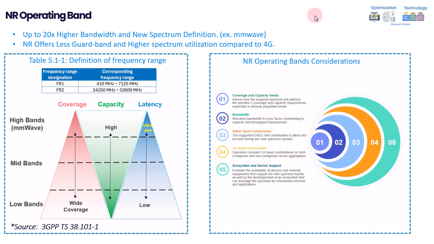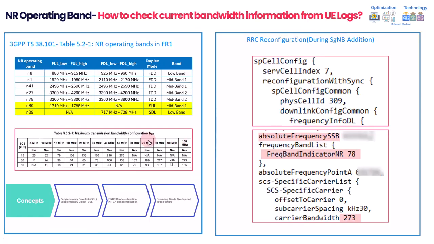So moving forward, let's move to the next part. It's related to the important topics, which is SUL, SDL, and so on. Before jumping to the important concept, I would like to take a quick recap with you of how to verify or check the current bandwidth or information about your bandwidth for non-standalone whenever you need, for example, to compare one side to another or between different operators, and so on. How you can do that from the